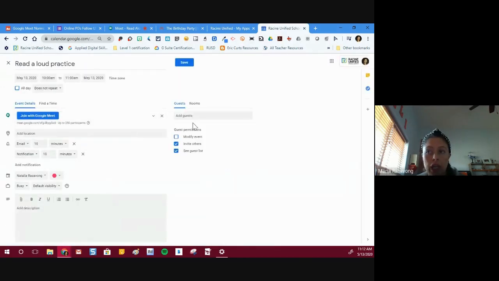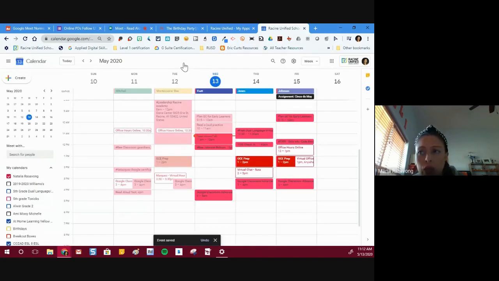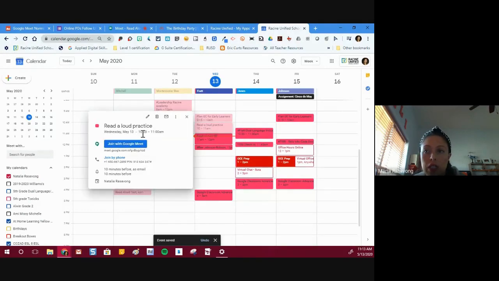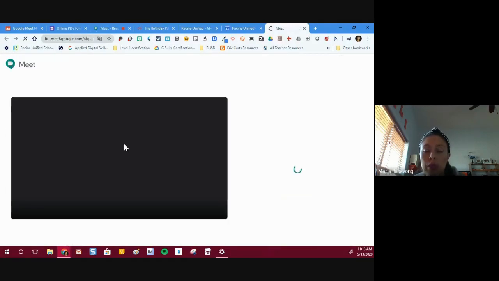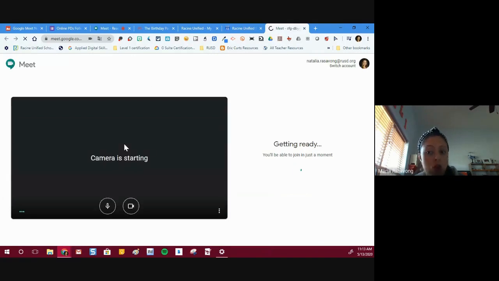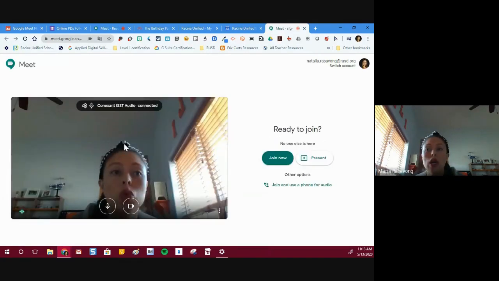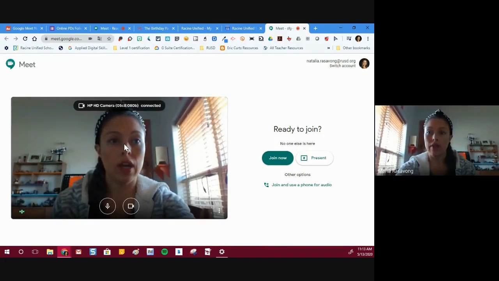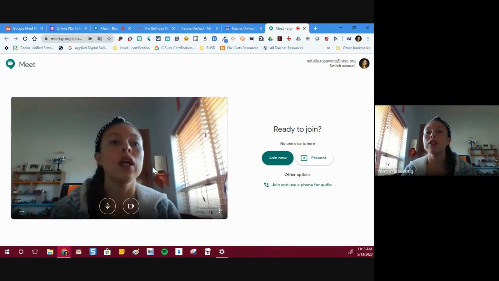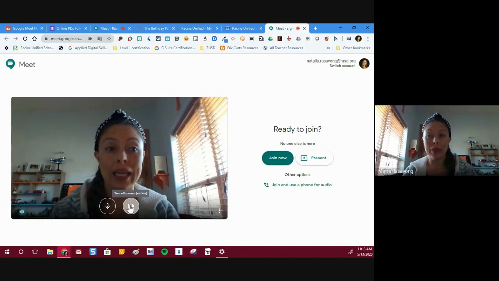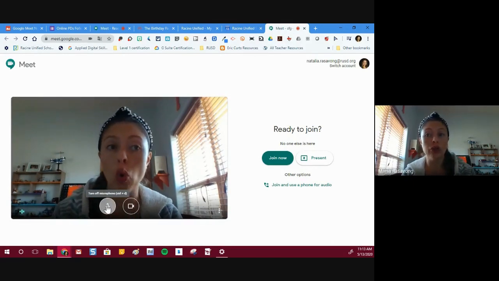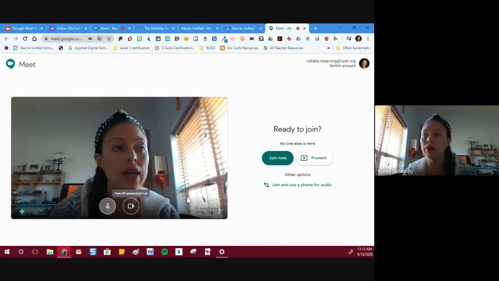So I have it right here. I do not need to invite anyone. I'm just going to save it. It doesn't matter how much time you add. The important thing is that when I save it, I click that Join Meeting. Then it's going to pop out the same way that you guys join any meetings. So I have it right there, perfect. Then I need to make sure my camera and microphone are on this time, because remember, I'm going to be recording myself. Then I'm going to join the meeting,